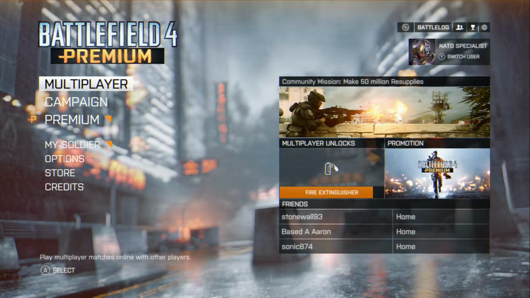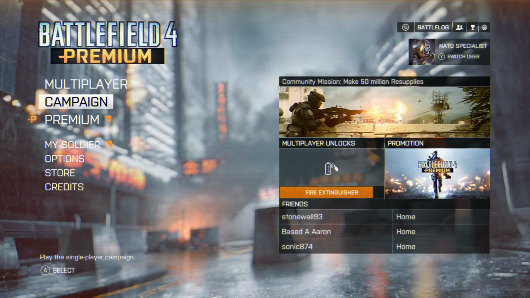But, yeah, it seems like right there it says Stonewall is at home right now. He's on the Xbox One. I don't know what he's doing, but he won't respond. So it's not going to really be that easy to do squad gameplay this time